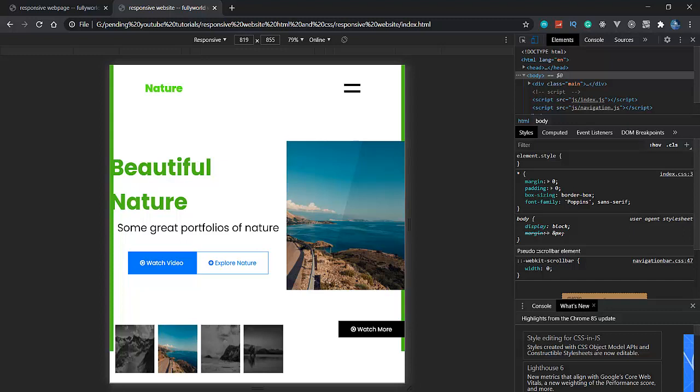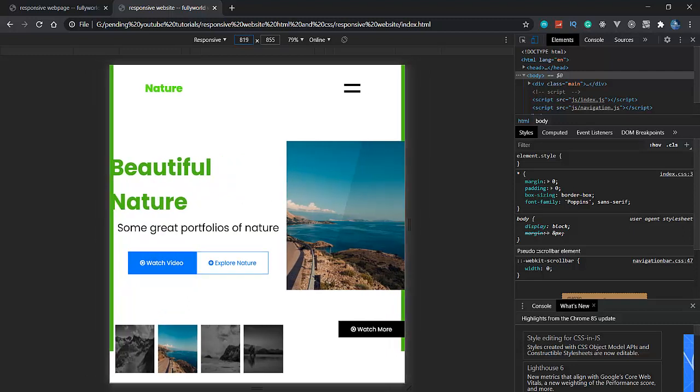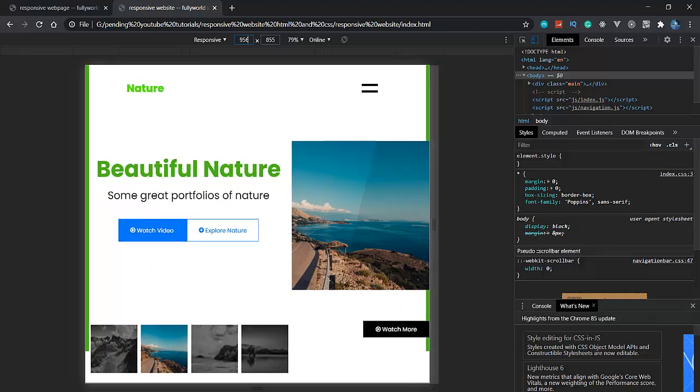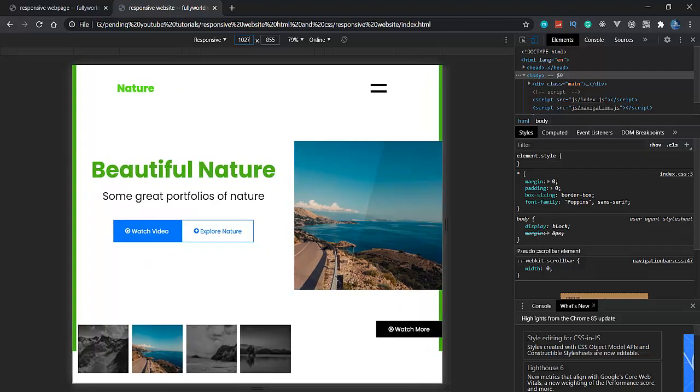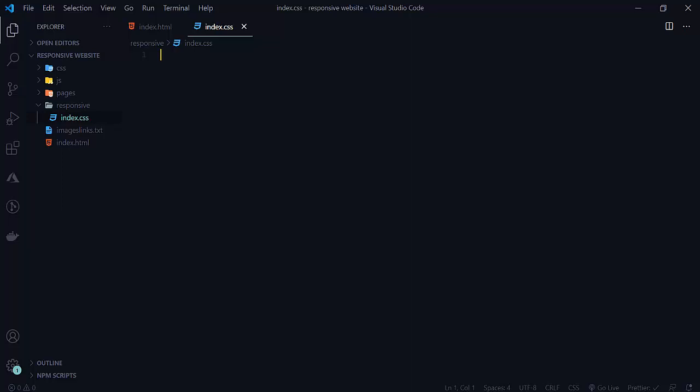Now see that at 1819 pixels, this beautiful nature picture alignment is not looking good. So now we will set it for our 1024 pixels here. So let's start from that. For that we will use media queries here.